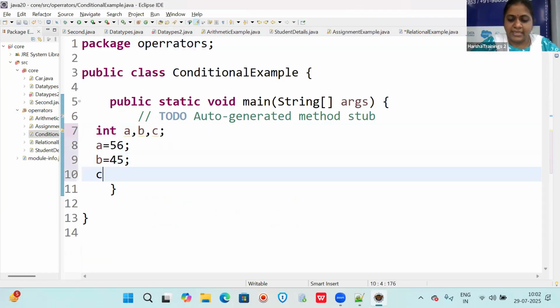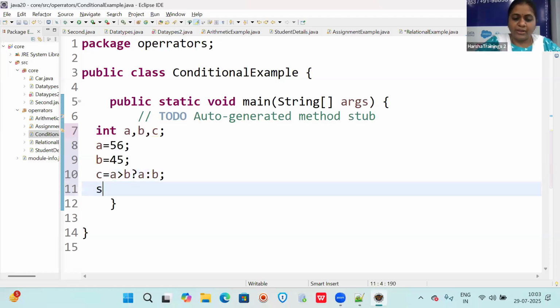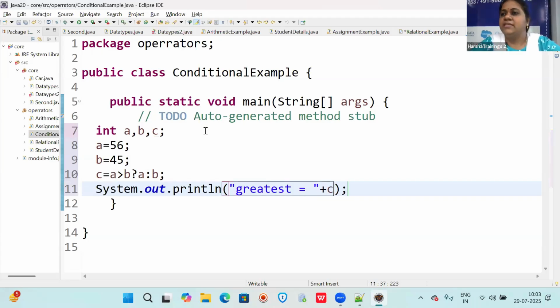Now c is equal to a greater than b, question mark, means you are checking the condition. If this is true, a will come to c. Otherwise, b will come to c. Now you can write system.out.println greatest equal to, and then c. c will get the greatest value or not.